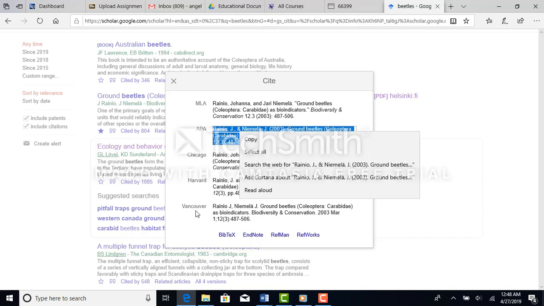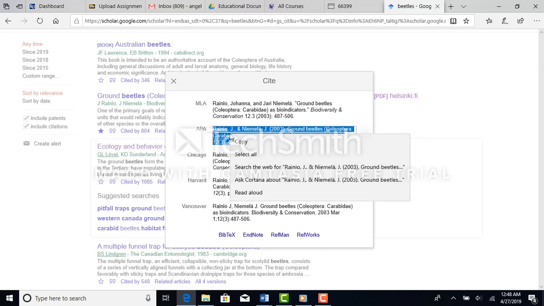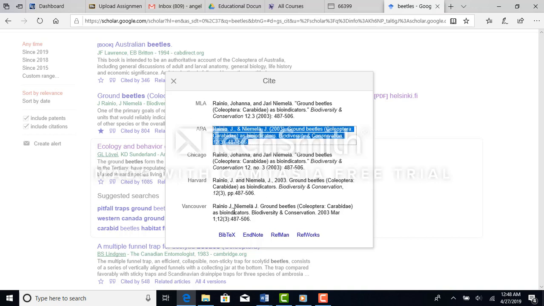and then paste it. Down here, I talked about RefWorks a moment ago, and EndNote. If you were saving these into an outside source, which like I said, another video could go into talking about RefWorks or RefMan or EndNote and how those particular pages and applications work, you can save these outside of Google Scholar as well. But again, just for very basic knowledge, you can just right click this, copy it, and then save it right there into a Word document. This really helps save time in citing. Of course, you have the MLA, Chicago, and so on and so forth,